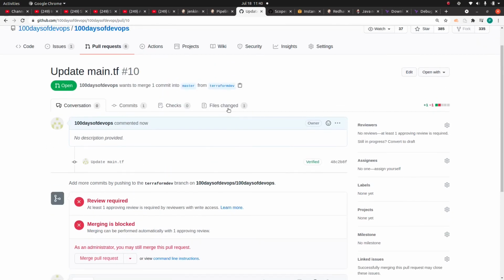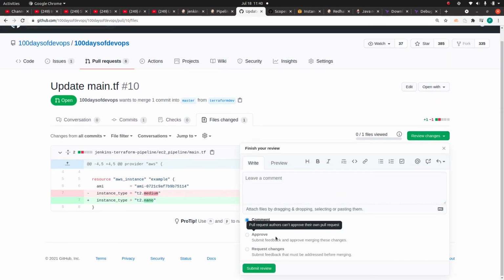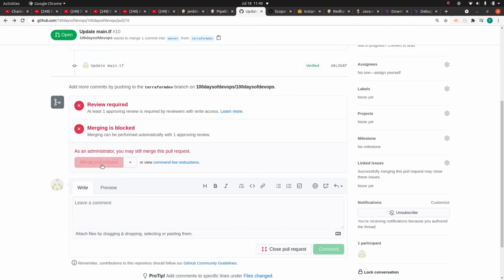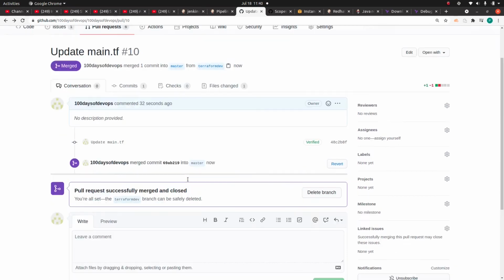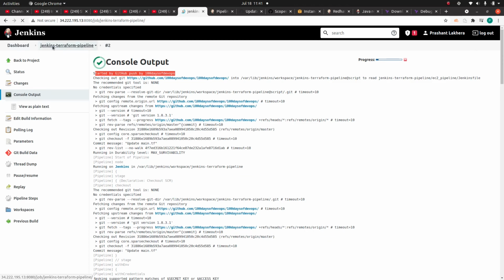I cannot merge my own pull request. If I go here and try to review the change, this approval button is not highlighted for me. But because I'm an admin, I can merge this pull request, which is a bad idea, right? The pull request is successfully merged, and this should trigger a Jenkins build.